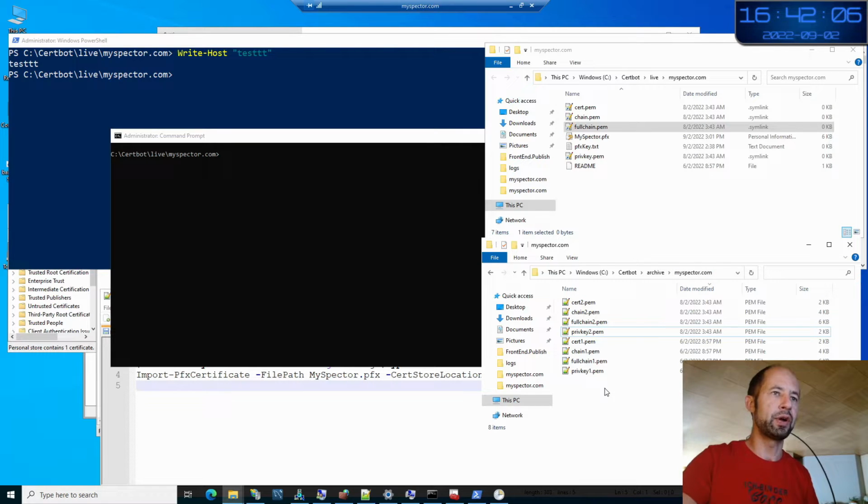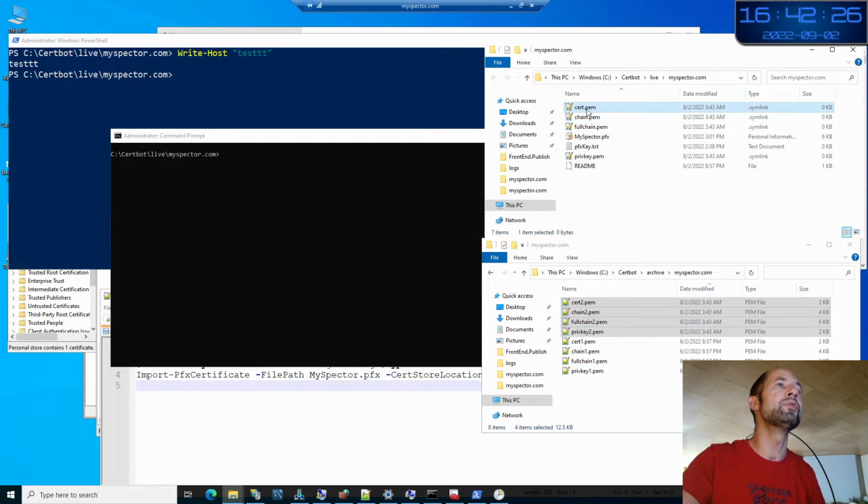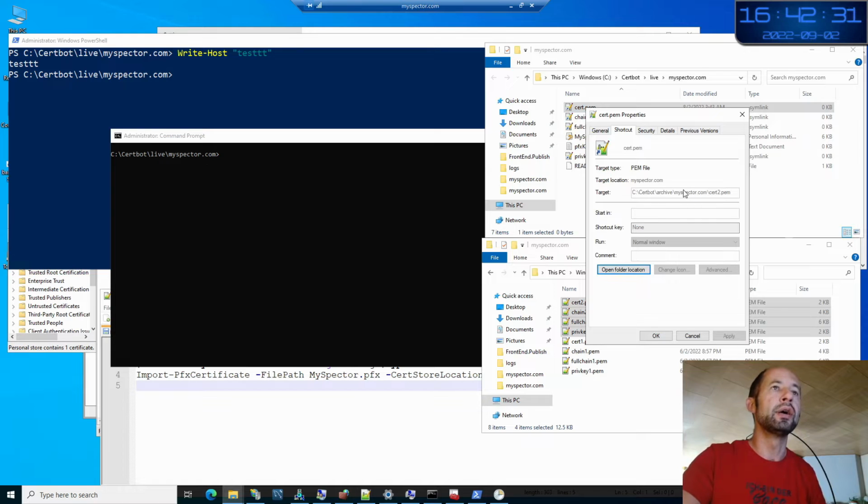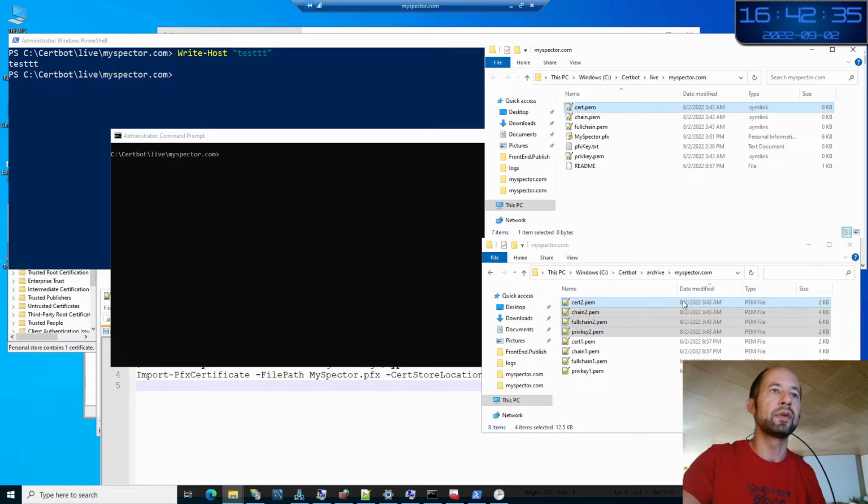The archive folder has different versions which are created in the history, and you can see here on 2nd of June there were these files, and on 2nd of August a new file has been created with number 2. On these PEM files, which are symbolic links, I can look at the properties, and they link to the archive cert2.pem, and these things have been updated recently.